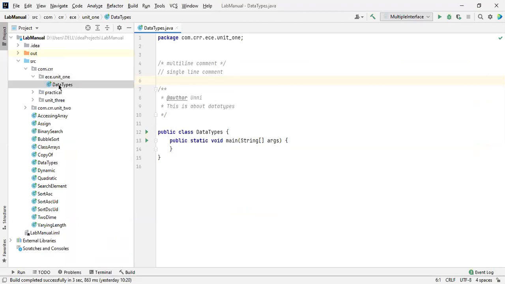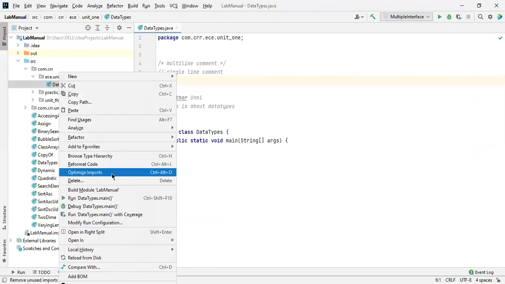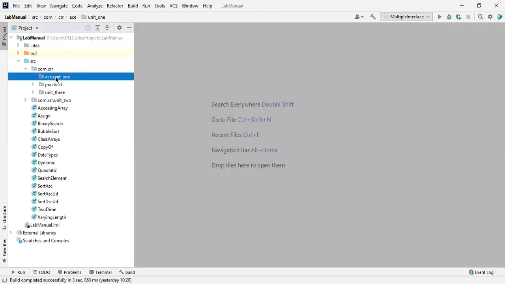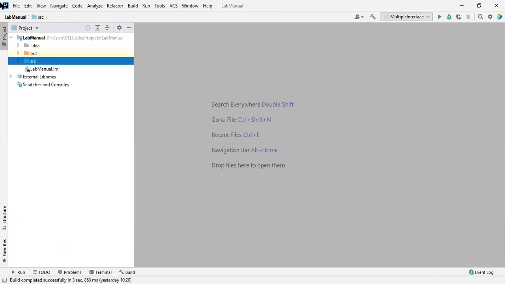So I'm going to delete this one again and create the new program, which is useful for you. Delete. Okay. So inside a folder, if you want to create any project, if you downloaded this, I'm telling you, if you want to write it manually, it's your own.